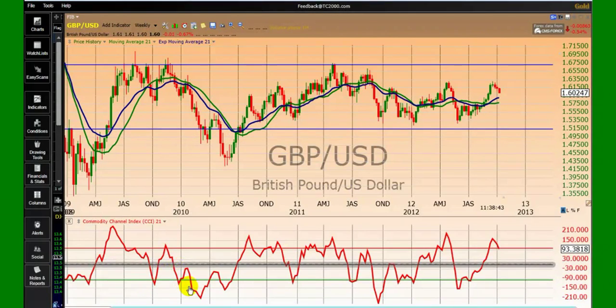You can see here the price went below the simple moving average 20. You can see the CCI also went below the center line a bit, only to turn around here. It's just telling us what the price is doing. The CCI is duplicating the movement of the price. In fact, the price is the number one indicator. All the CCI is doing is following the movement of the price, which means the CCI is